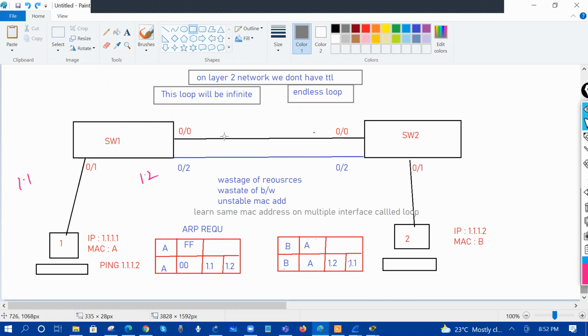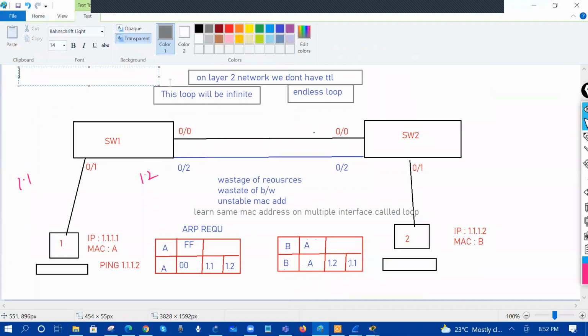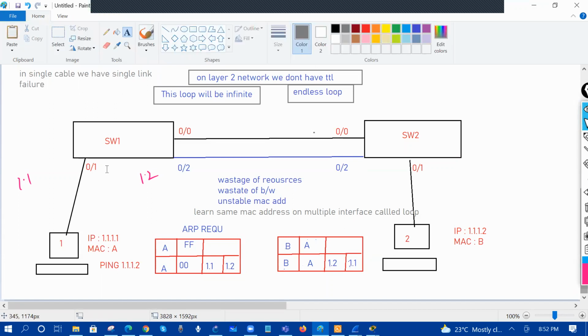But in the single cable, what problem is happening? Single link failure, right? In single, what happened, we have single link failure. That's why we have put another cable over there. You understand my concept, what I'm trying to say? That if I add another cable,